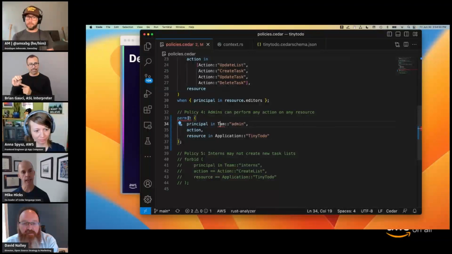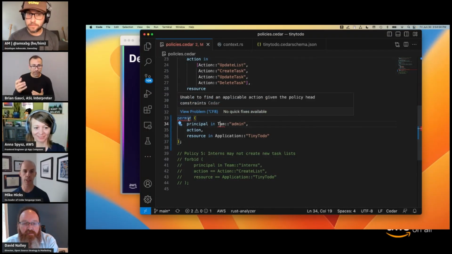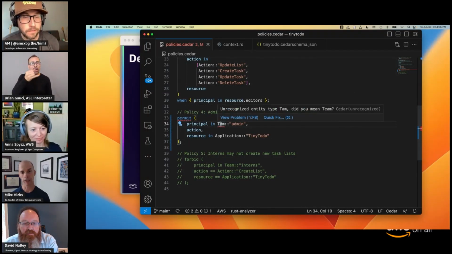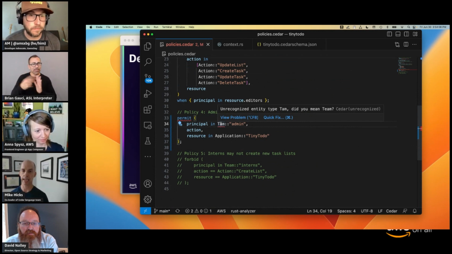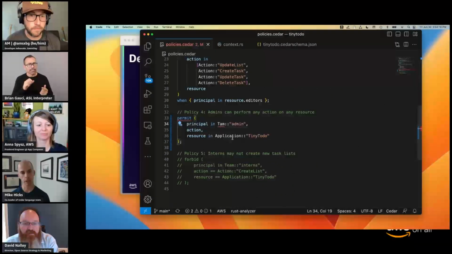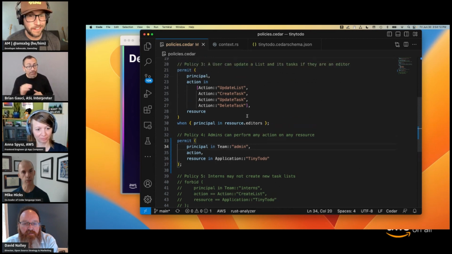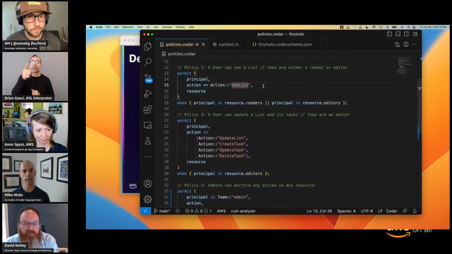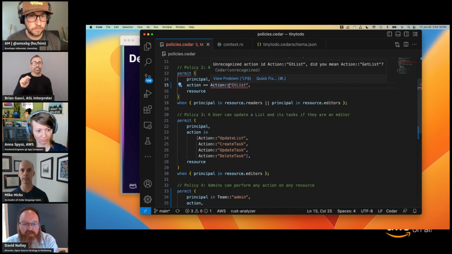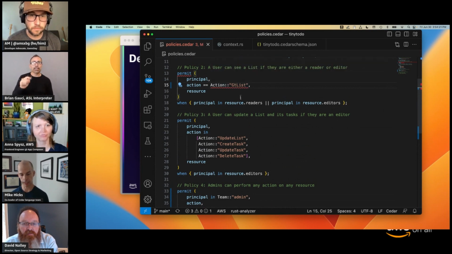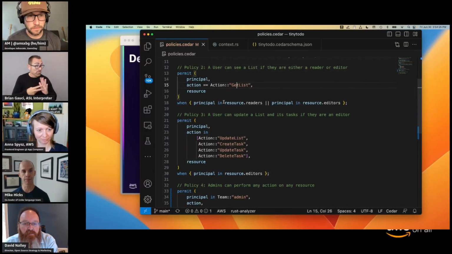Well, when I go to save that, I get these nice little squiggly lines which say something is wrong here. Unrecognized entity TAM, did you mean team? Let me fix that. Suppose when I was typing in this policy, I did GT list instead of get list. The validator is giving me a helpful suggestion that maybe you meant a different action instead.